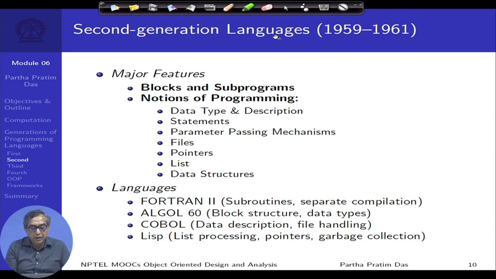The second generation, which started around the end of 1950s and was relatively a short one, saw the evolution of the Fortran language. We had Fortran 2, which some of us have had the opportunity to use when we were students like you all. This was the first version of Fortran which had a number of additions to the notions of programming. It had certain well defined data types, a number of different statements, parameter passing mechanisms, files,